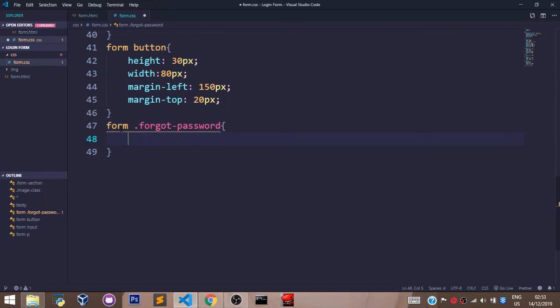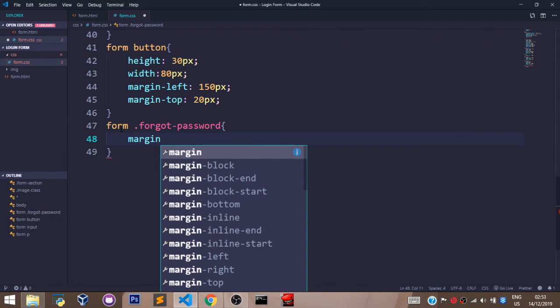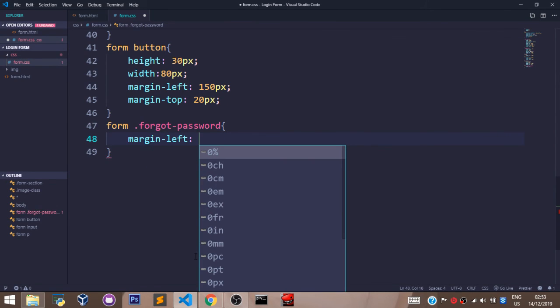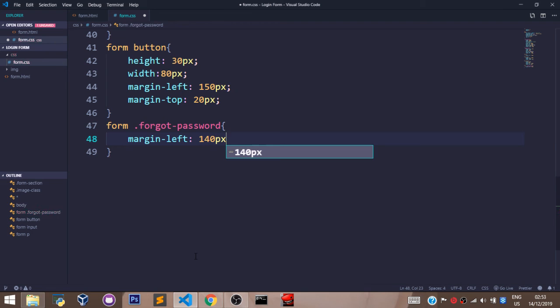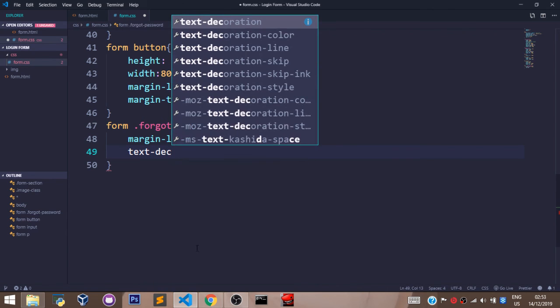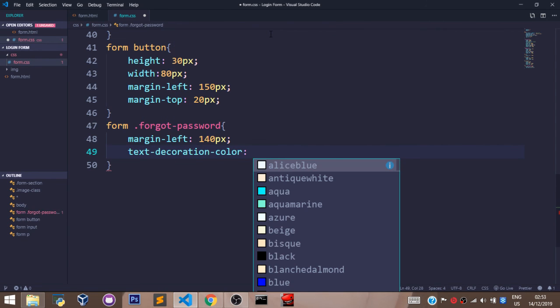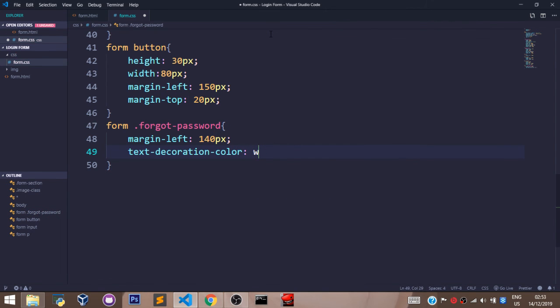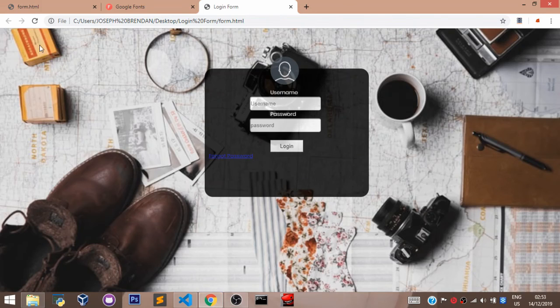Let's put that in. Let's set the margin left to 140 px. Let's say text decoration color. Let's set the text decoration color to white. Let's refresh our page to see what we have first. So as you can see, the text decoration color, the line under the forgot password link here is now white,